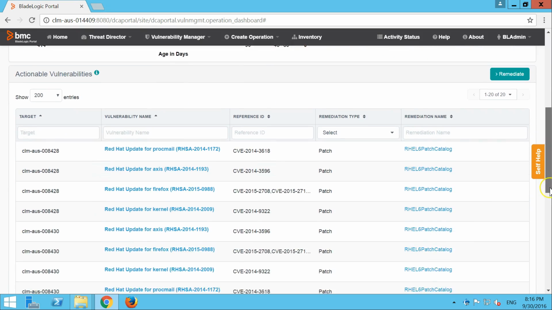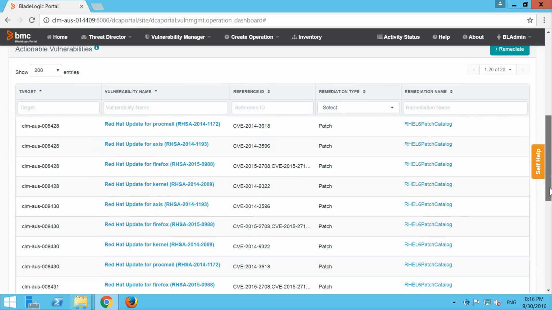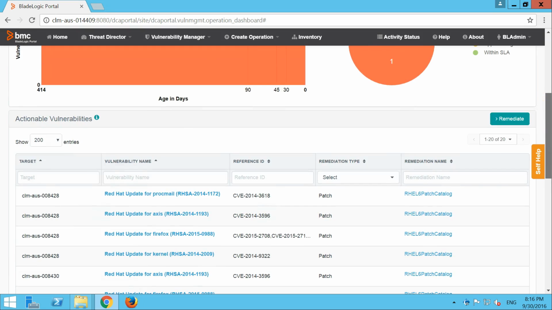These are the VAT records available for the remediation. VAT records are nothing but the actionable vulnerabilities which have the mapped targets in BSA along with the remediation packages, and these are the records which are ready for the remediation in BSA. As we can see, the count of VAT records when I select the Linux Collis scan file is 20.